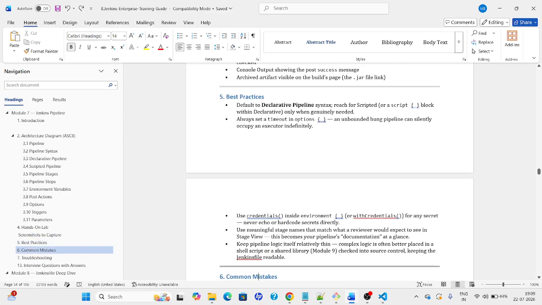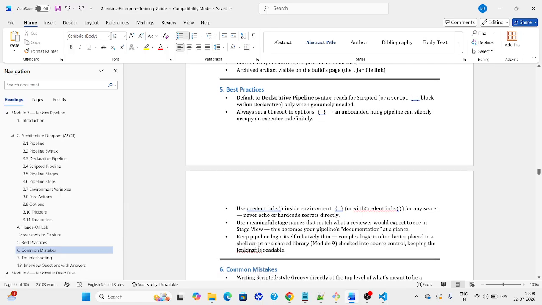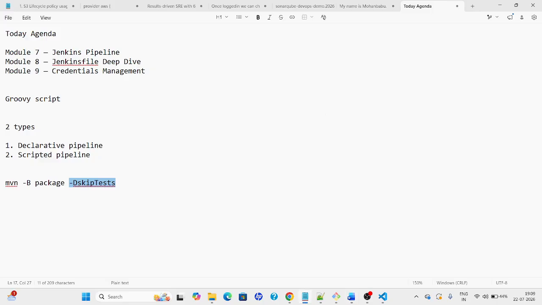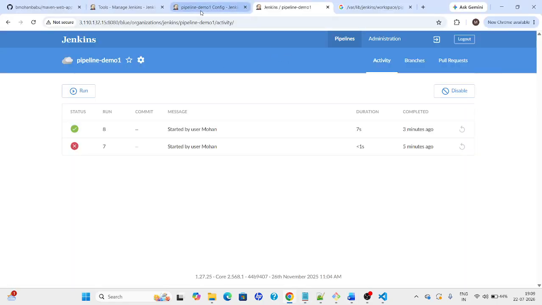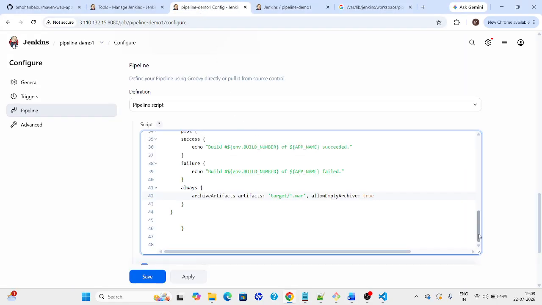Reach for scripted syntax, that is a script block within the declarative, only when genuinely needed. Otherwise, we can directly run without any script block. Always set a timeout in options. In the options we have not mentioned the timeout, but in real time, we have to always use the timeout option here,